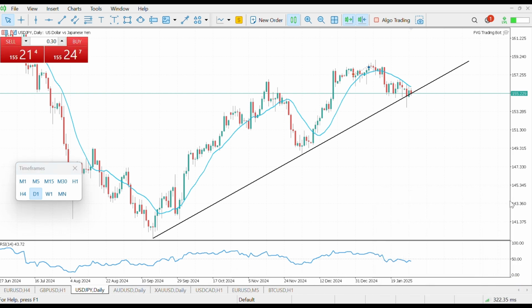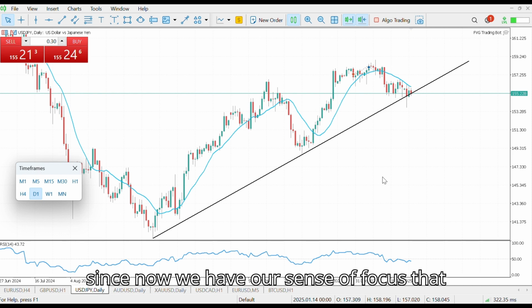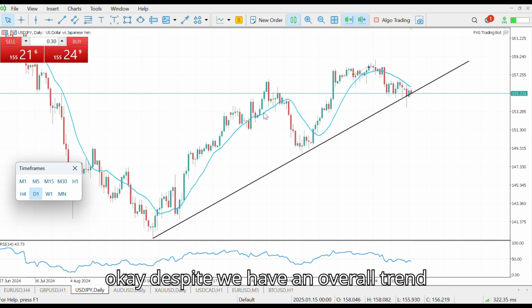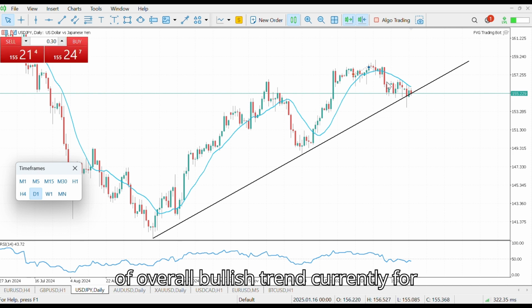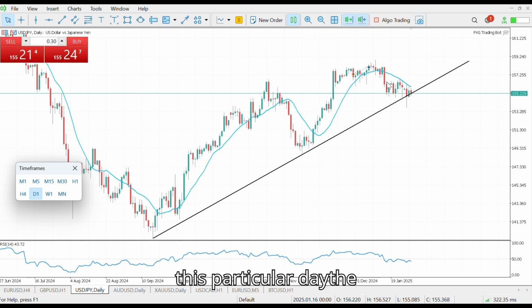So now, since we have our sense of focus, that despite having an overall bullish trend, currently for this particular day the market is in a bearish trend. It's making a bearish trend. So now, to make our analysis further,